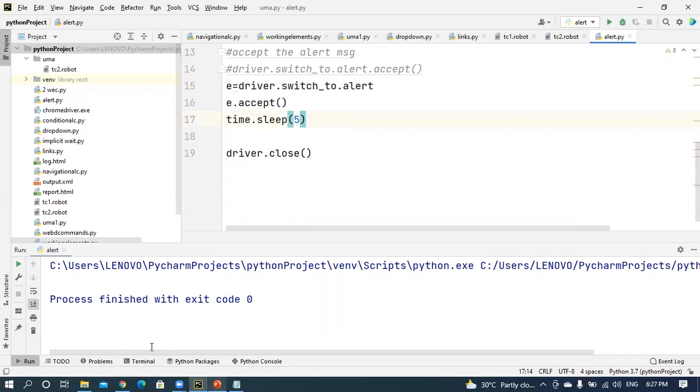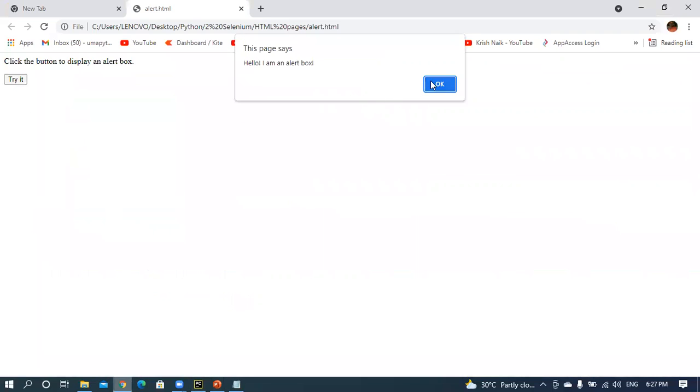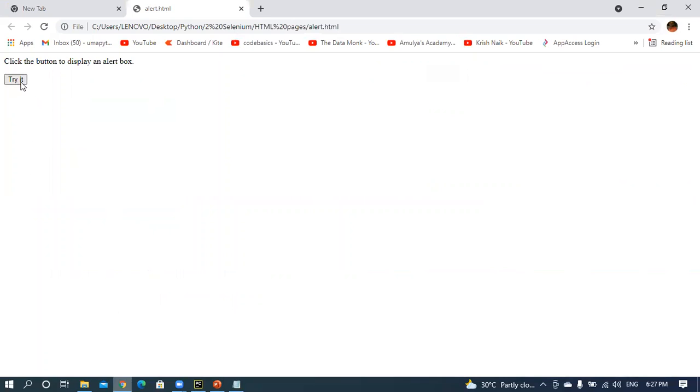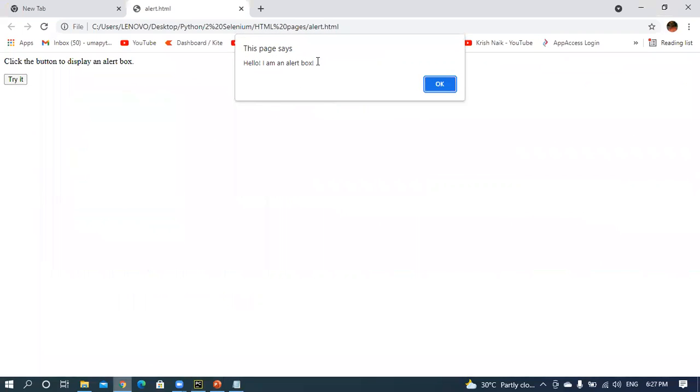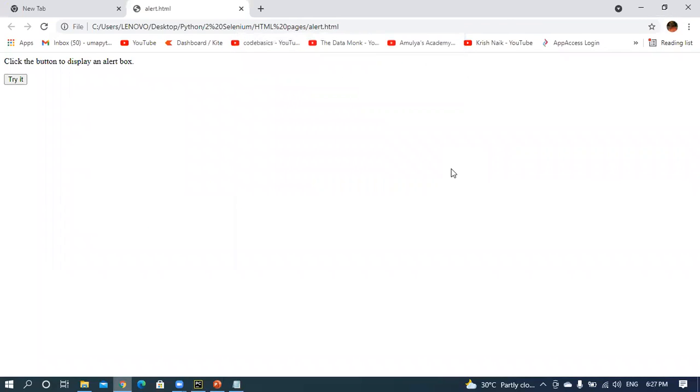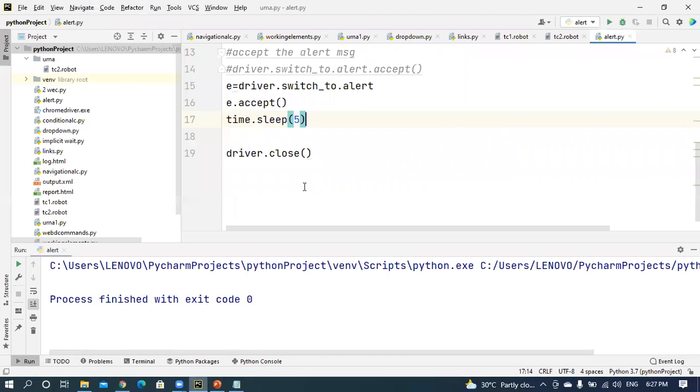After that, I want to identify the text for this one. I want to verify the text for this particular alert message. For example, if I click this one, there is some text. I want to get this text. How can you get that particular text?